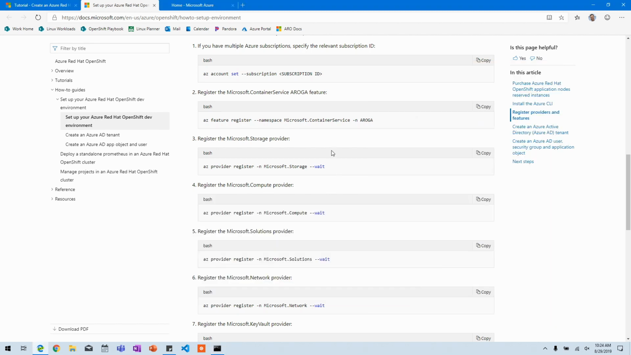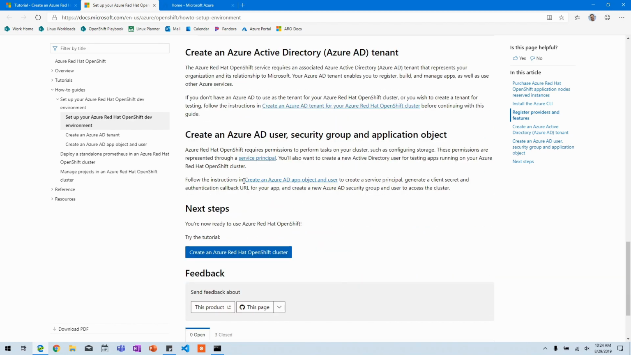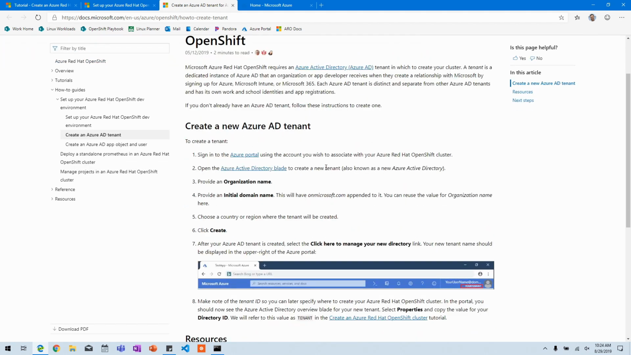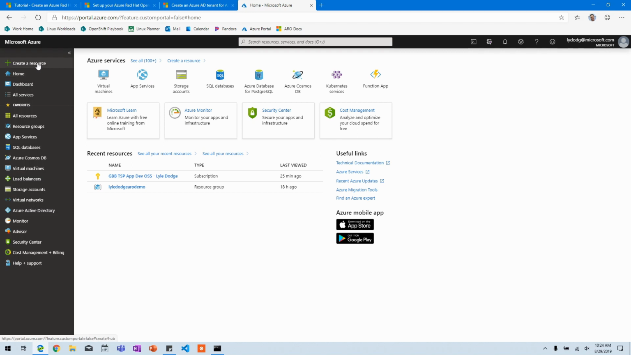After that, the next thing you have to do is create an Azure Active Directory tenant. If you have access to your company's AAD and you have admin consent and some of the other things you might need, you can just use your company's. For this demo, we're going to create an AAD tenant, user, security group, and a managed identity. So it says to sign into the Azure portal and create a new Azure Active Directory. I'm going to come in here and create a resource,